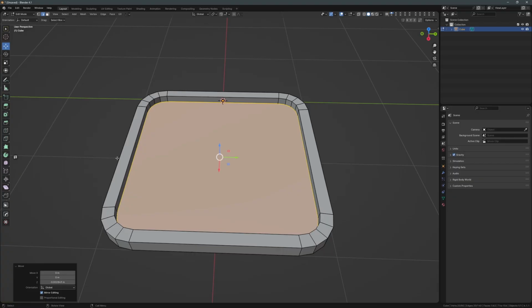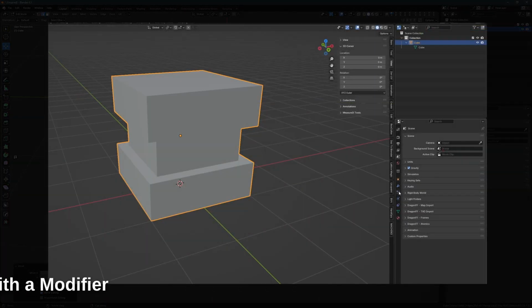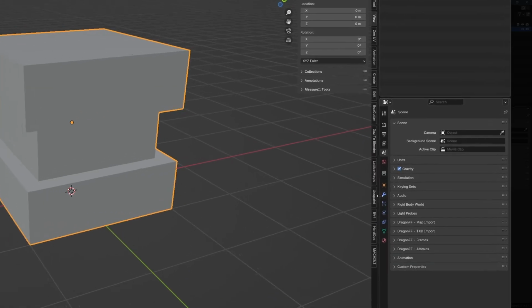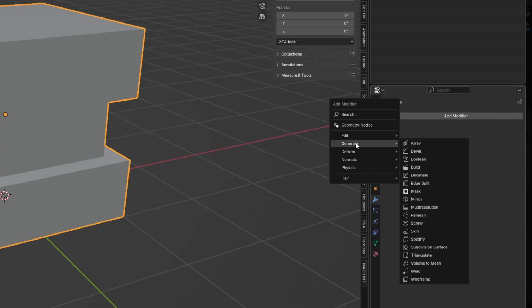I already showed you how I bevel the traditional way, but again, in Blender there are many ways to get things done. I also can bevel with a modifier. Let me show you. In my demonstration, I'm in object mode and the object is selected. In the right panel area I can find a tab with a little wrench on it. That's the modifier tab. In the beginning there is only an Add button which I click to add a modifier. Blender offers a ton of different modifiers. In newer versions they are even organized in submenus. I go for the bevel modifier. The modifier tab now shows a panel with settings.